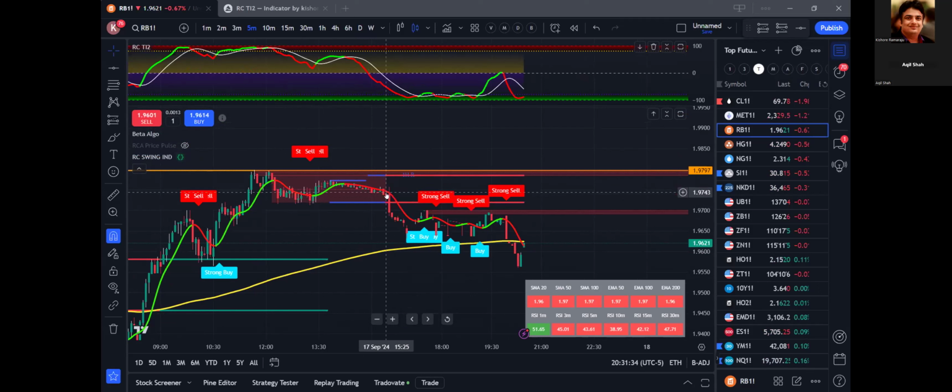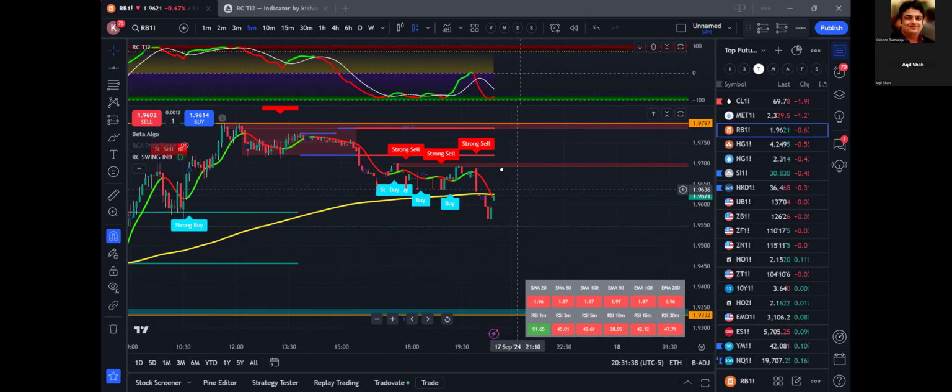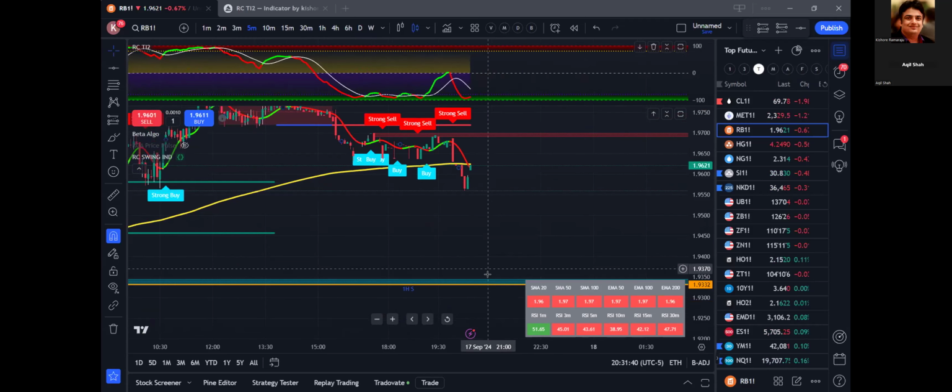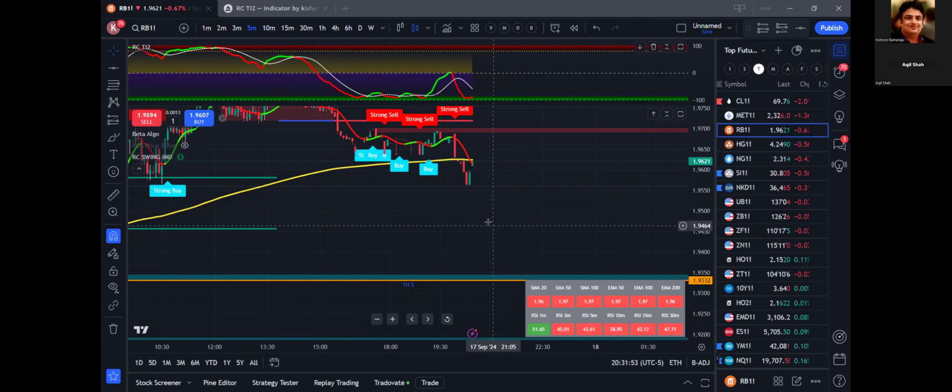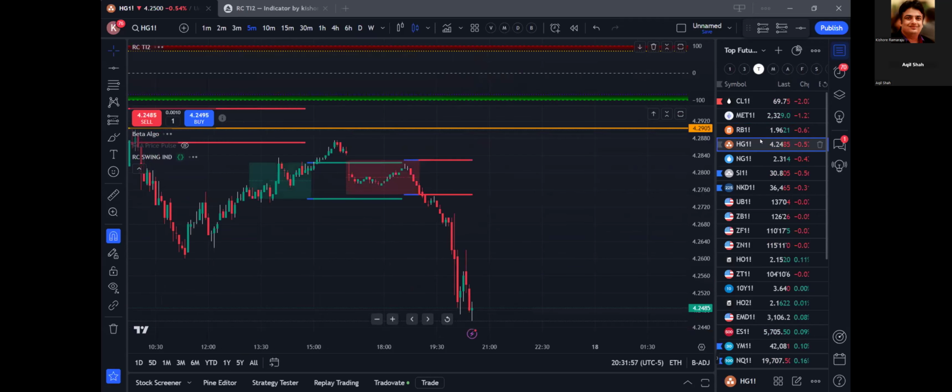Buyers are trying to take it up, sellers are bringing it down, up, down, up, down. Finally, sellers took the control, started bringing the price down. So it is coming all the way down. It may come all the way here. So now when you are here, you can just go and enable the Prism algo, short only. Then nicely you will make nice profits. You don't need to keep watching the chart. The same way, let us go to copper,